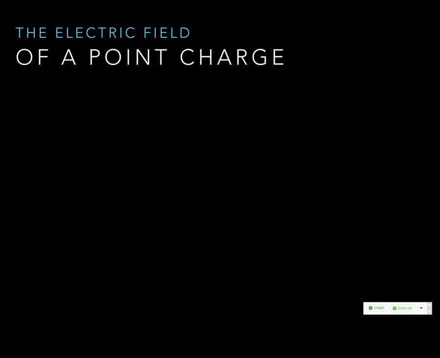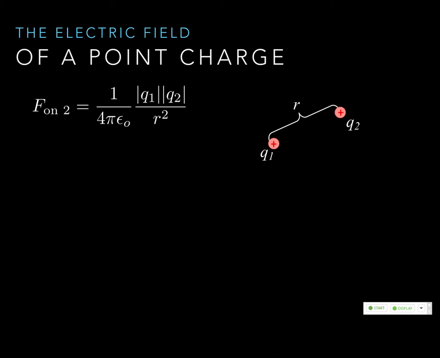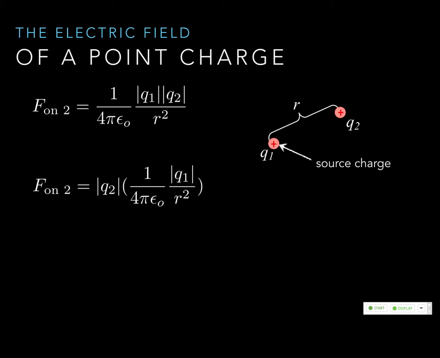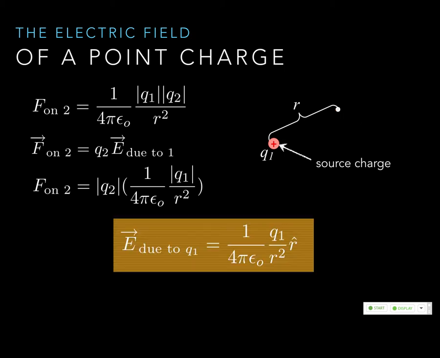What do you think E looks like? Well, it's a lot like Coulomb's law, but what's it missing? Q1. So this is Coulomb's law, and here's our source charge. So we pull one out, and the electric field looks like this. It's just Coulomb's law, and we lose a Q. This is called the source charge. This is the charge that generates the electric field. The other charge is the charge that's in the field. So you just have to keep track of which one's which this time.